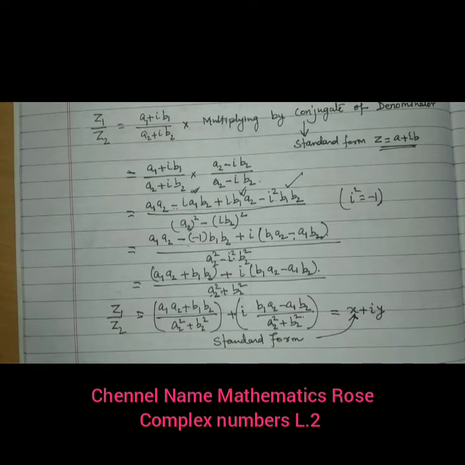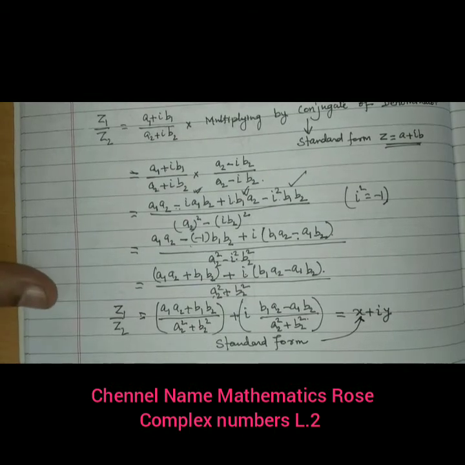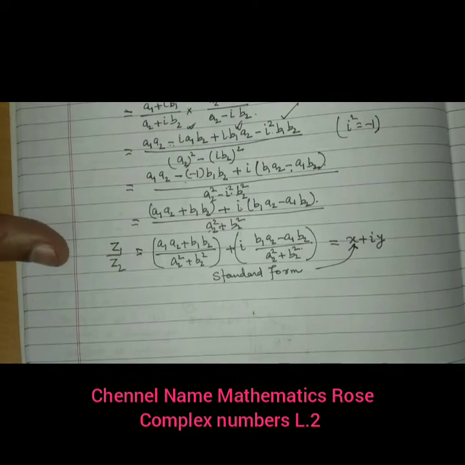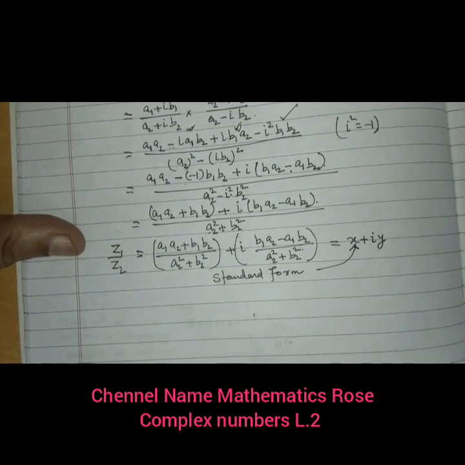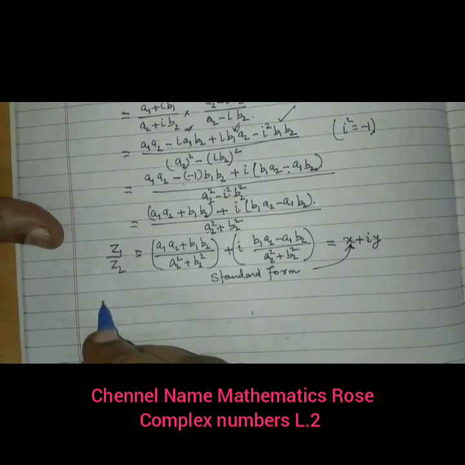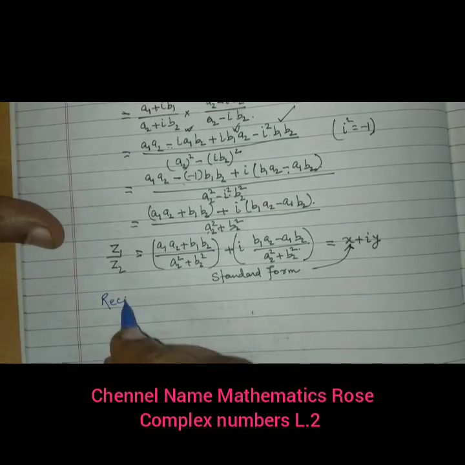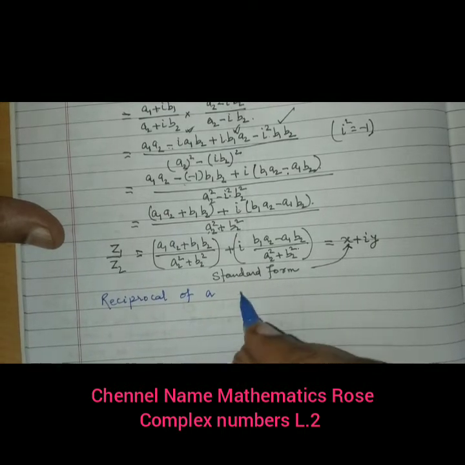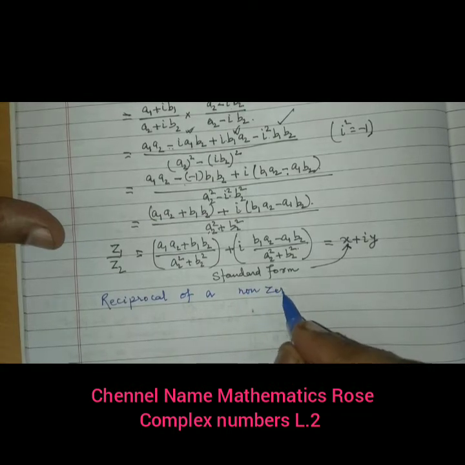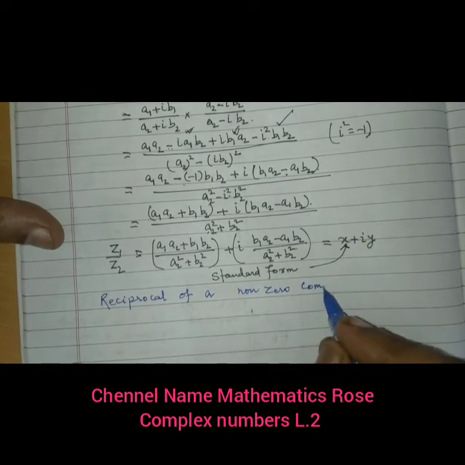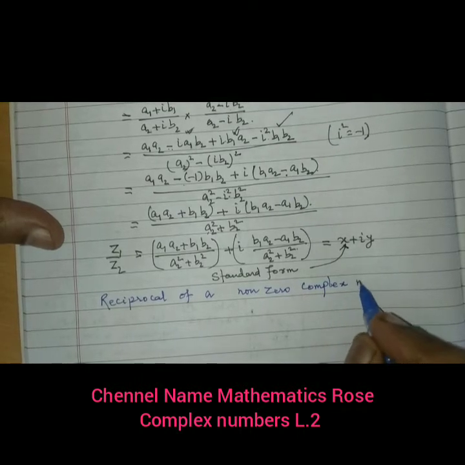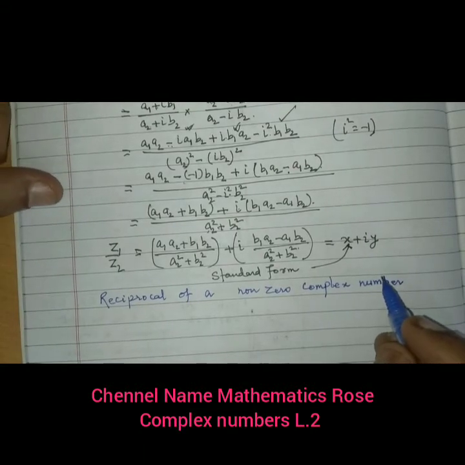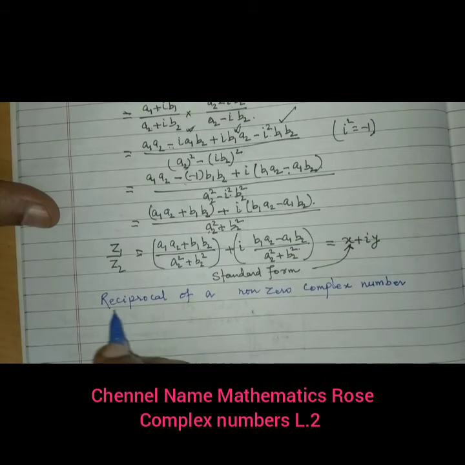तो अब हम लोग आ जाएंगे रेसिप्रोकल ऑफ ए कॉम्प्लेक्स नंबर। So now we are coming to reciprocal of a complex number. ठीक, तो now reciprocal of a non-zero complex number. Non-zero complex number because zero is also a complex number, but जीरो का रेसिप्रोकल अनडिफाइंड होता है तो इसी वजह से जीरो नहीं लेंगे।